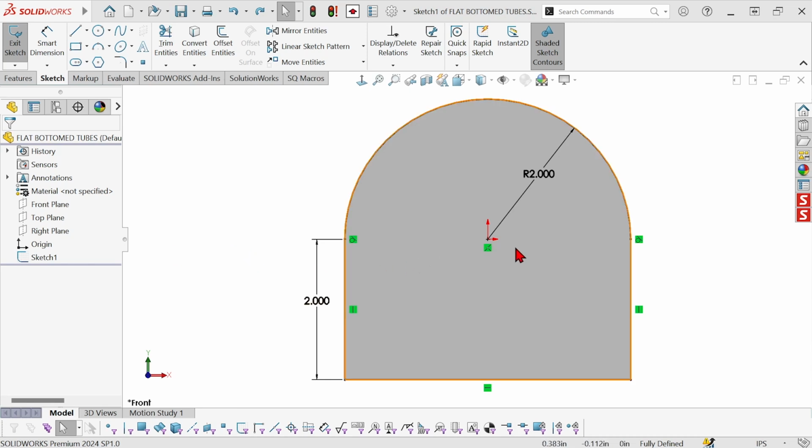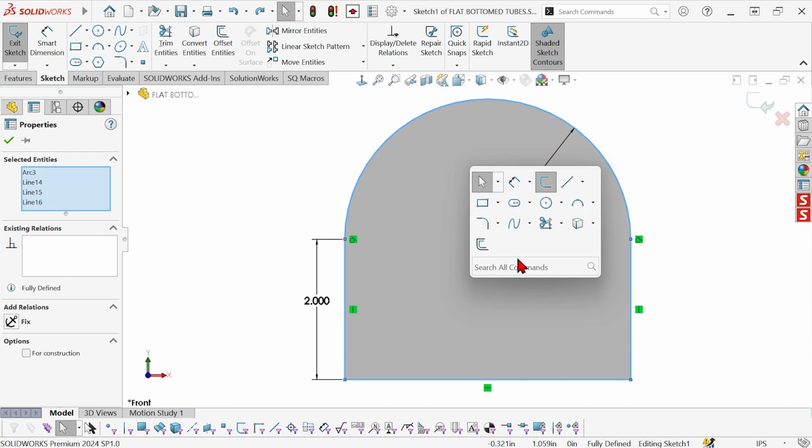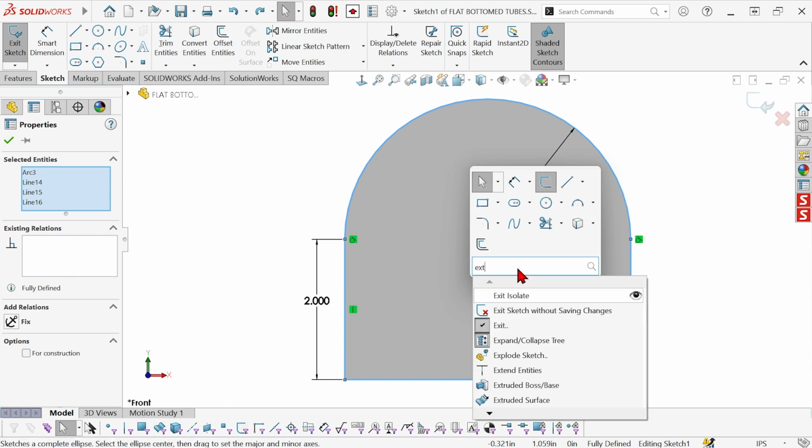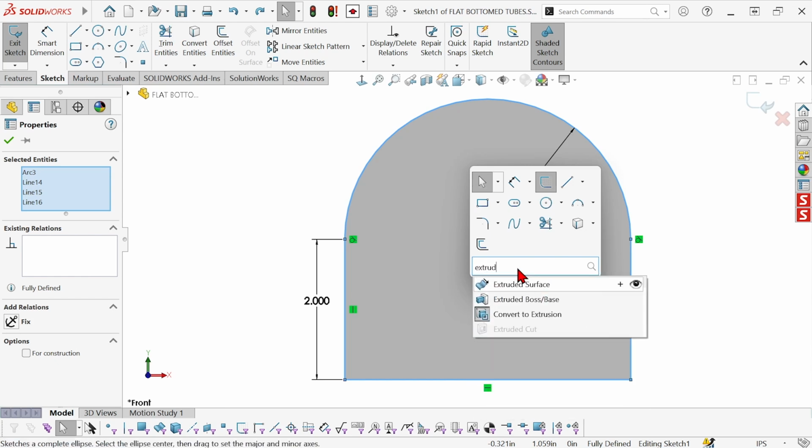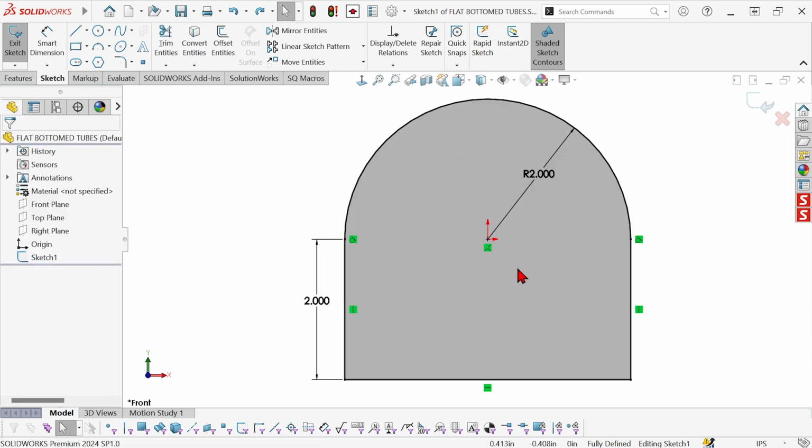Here I have a sketch that's ready to extrude. Now what I'd like to be able to do is extrude it without moving my cursor away from the center of the graphics area. But at the moment, the only way I could really do that would be to hit S, bring up the shortcut toolbar, and then type what I'm going to try and do. Extrude, there it is,